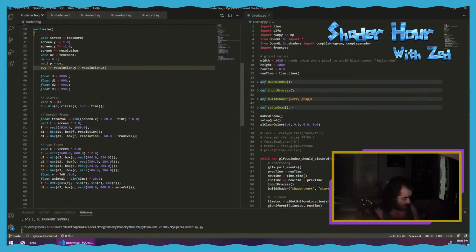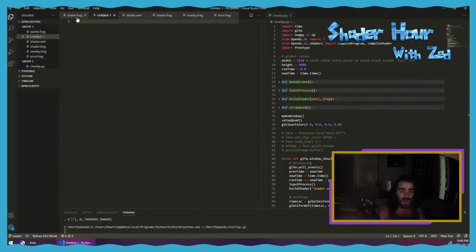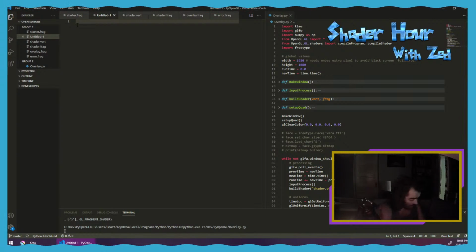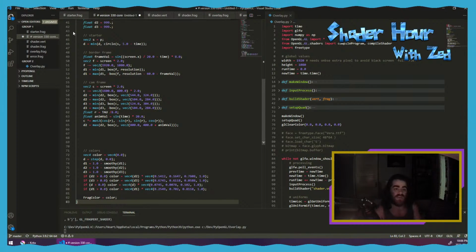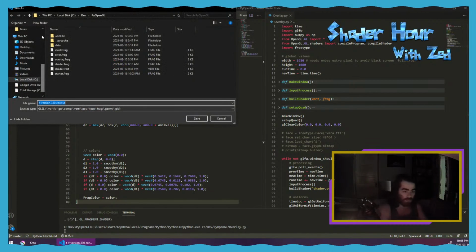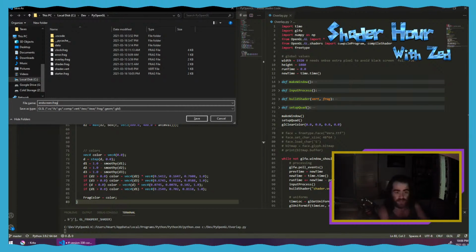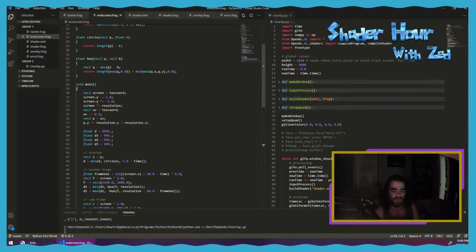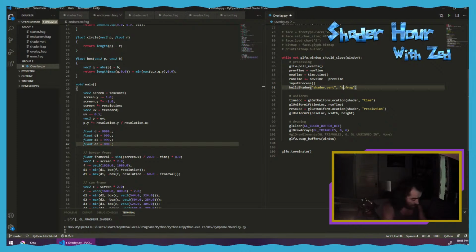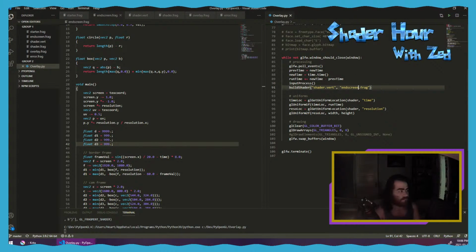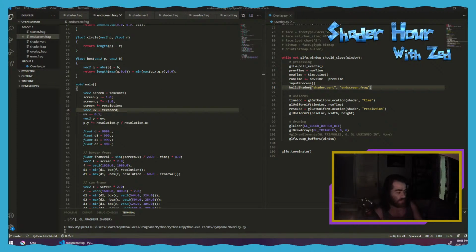This is starter. So I'm going to copy this. I want to make a new file. I don't know if all of these things will be in their own file or if they will be like a big old shader file, but for now I'm separating them out, even though it's a lot of copy and paste. And then I just got to change which shader I'm using here. Does that work? Let me just close the